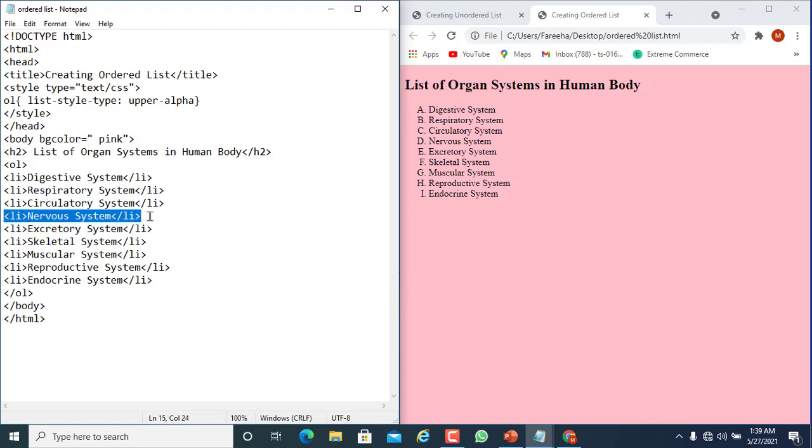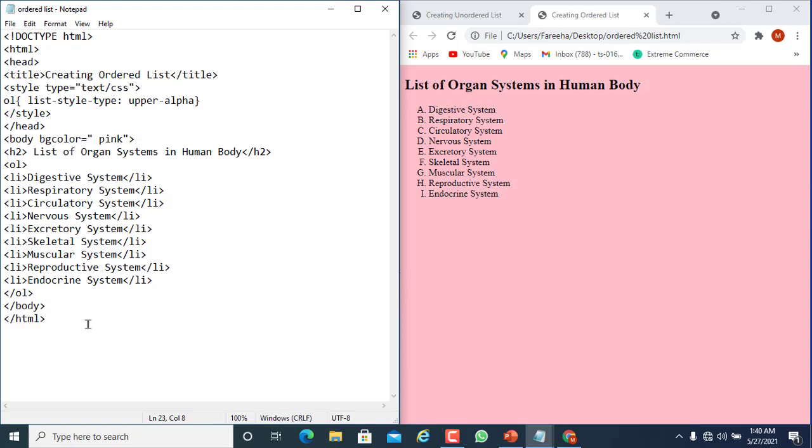In another list item tag, we write nervous system, then excretory system, skeletal system, muscular system, reproductive system, endocrine system. After writing all the organ systems of the human body, now we close this ordered list tag, body close and HTML close.